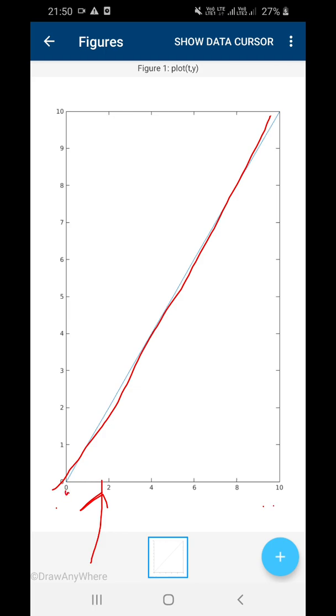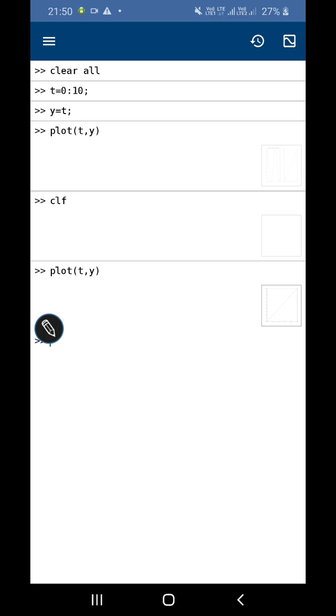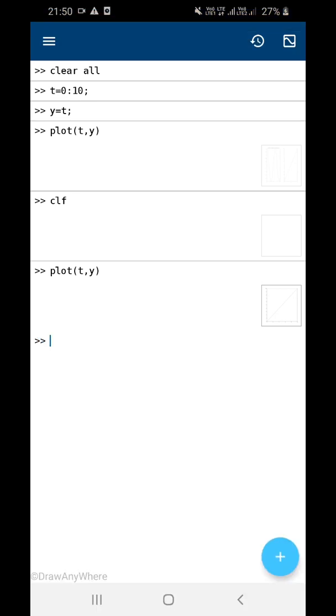So this is the window with x-axis from 0 to 10. Then I have taken the y-axis or function as y is equal to t. So you can just write y is equal to t, then you can get this function y is equal to t.